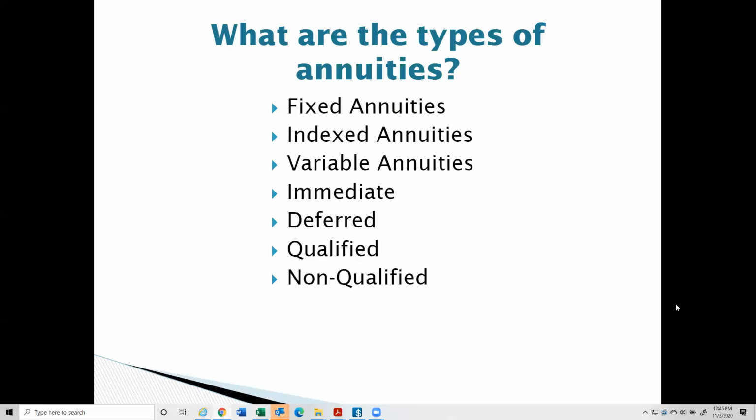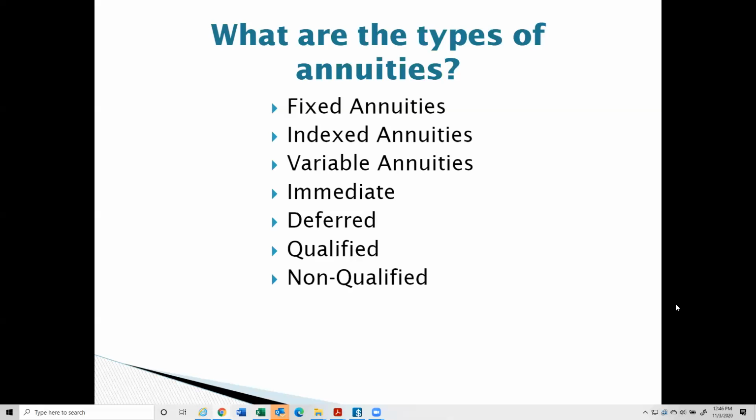Then you have variable annuities. A variable annuity is a contract between you and the insurance company, and the underlying assets in the variable annuities are mutual funds. It looks very similar to a 401k plan. You build your own portfolio, and the rates of return vary. They can be up when the markets are up. They can be down when the markets are down. Now, you can buy riders that can give you guaranteed income streams and that can guarantee certain things, but the rates of return inside of a variable annuity vary.